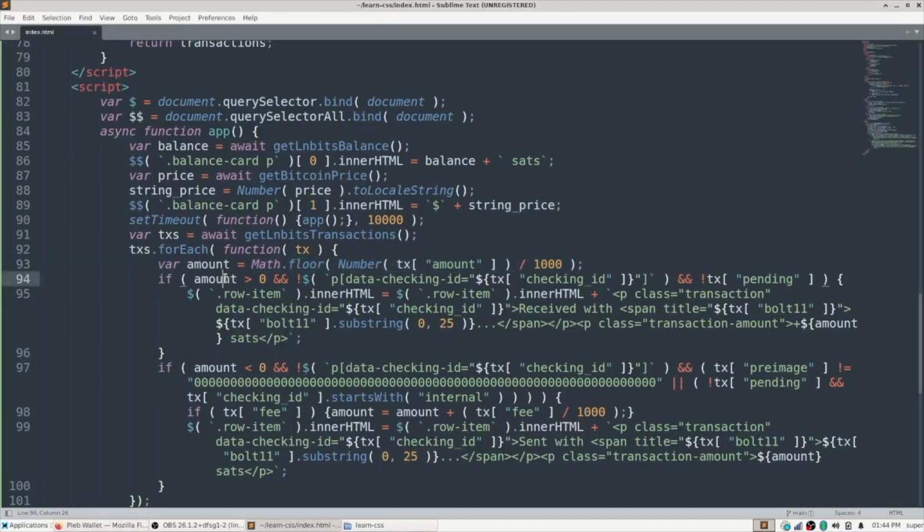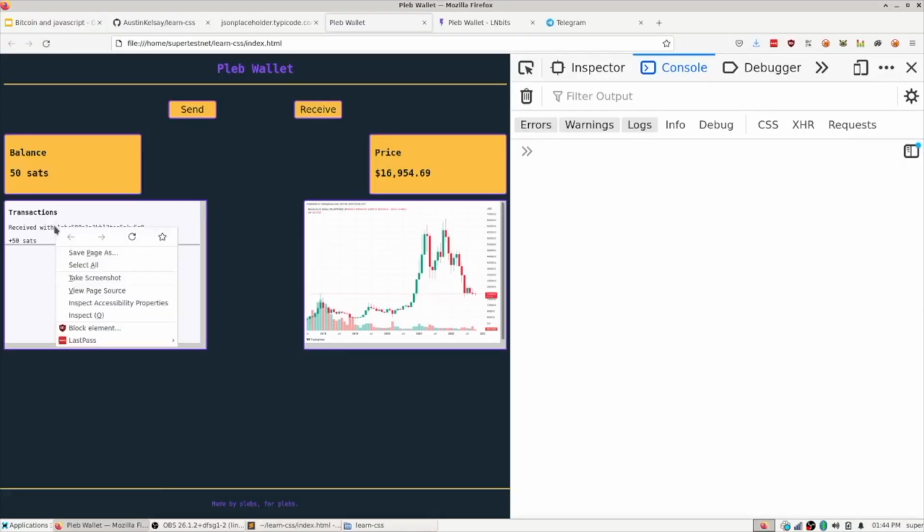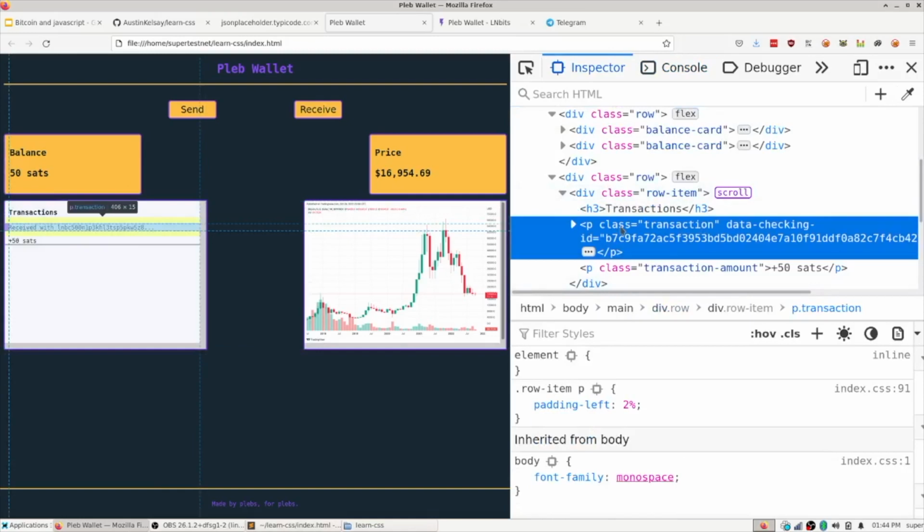So after it gets the amount, then it checks whether it's positive or negative. That's what this part does. If positive, and then if negative. If it's negative, then LNbits represents negative amounts as expenses. So we're going to do some stuff with expenses down here. But if it's positive, it is just going to get a paragraph tag that we created right here. This transaction class is going to have this data object which you can use to check the data